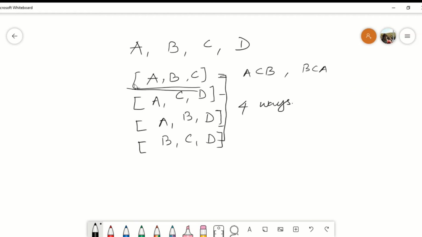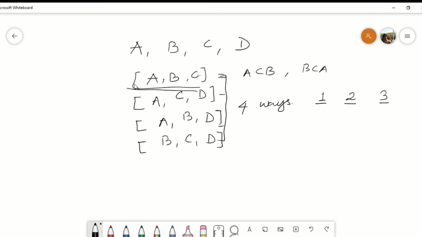But let's say the question was that I have to create a batting order, the first order, second order, the third order from these 4 players. So who will go for batting at the first order, at the second order, and at the third order? Then how many ways do I have, right?